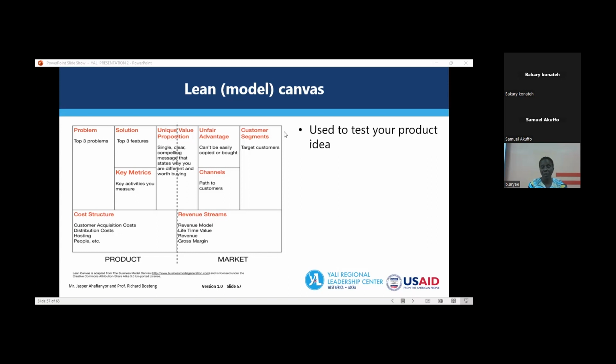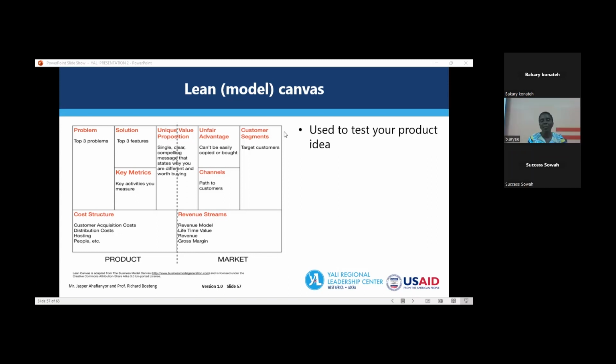For example, she has access to finance in a way that nobody has. She has endless money. She comes from a very rich family, so even if the product goes wrong, not a problem, they pump in more money. Finance could be an unfair advantage. Another advantage could be